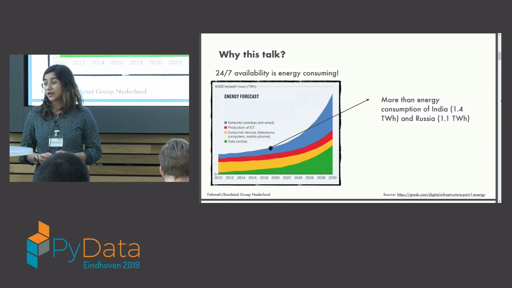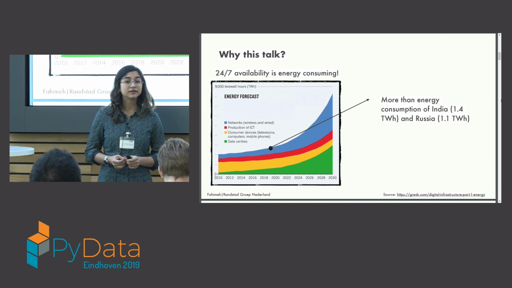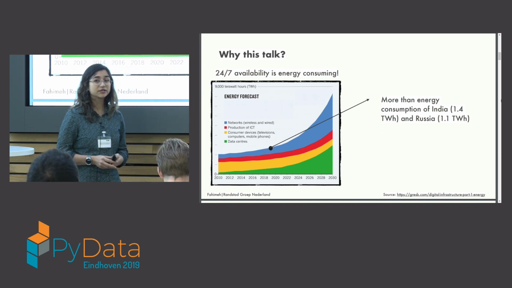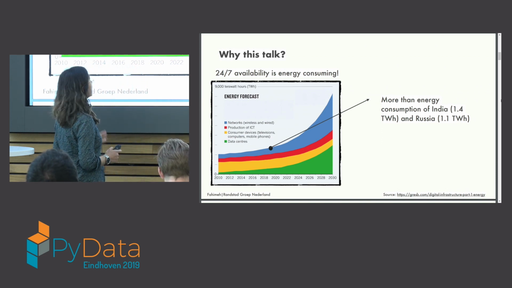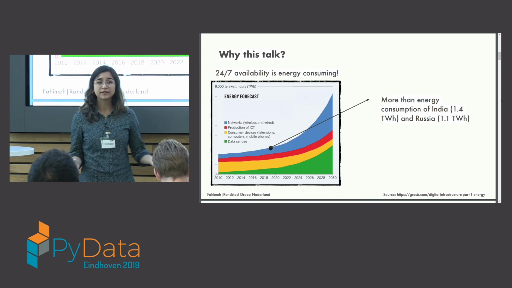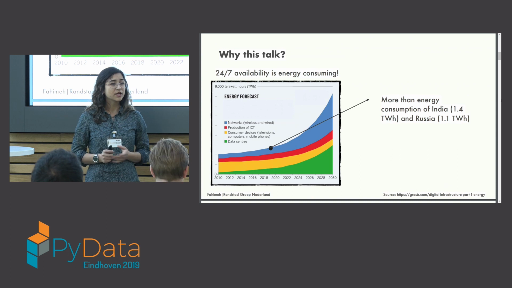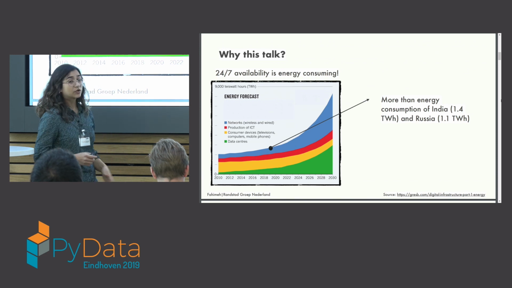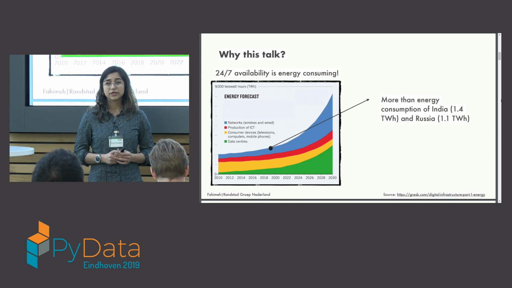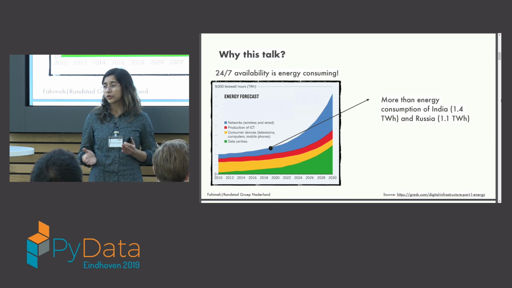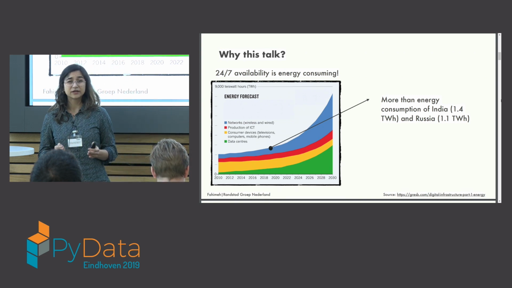And if you look at the forecast for energy for the IT sector, you can see that it's increasing even more. The demand is higher, and we're also doing more computation. We are automating more services. So we're going in the direction of consuming even more. And if you take 2019 as an example, it's around 2.5 terawatt hours a year.